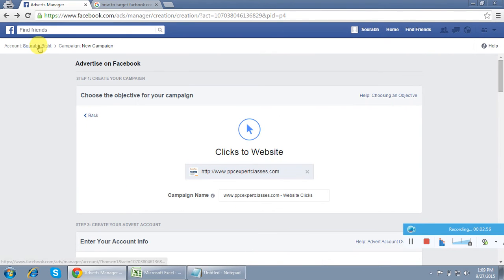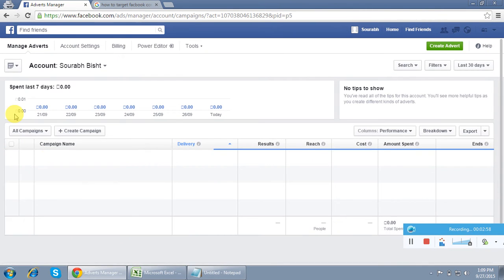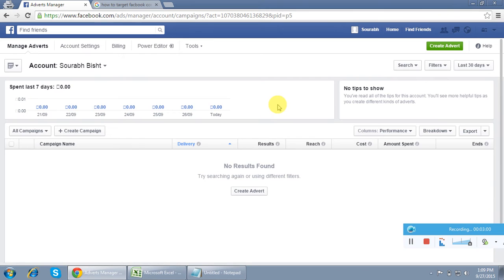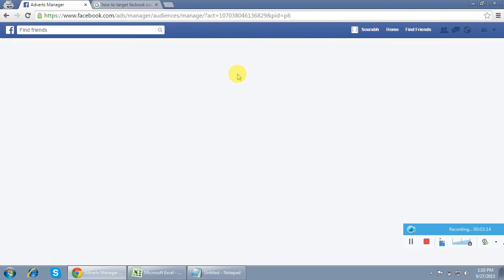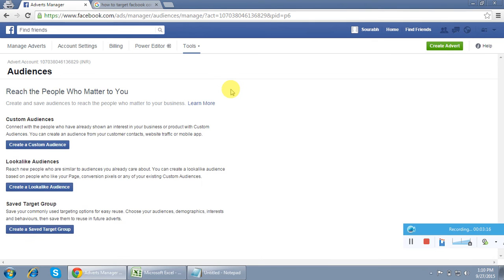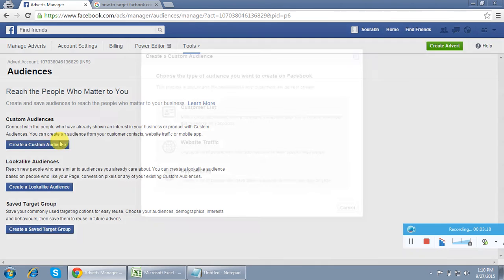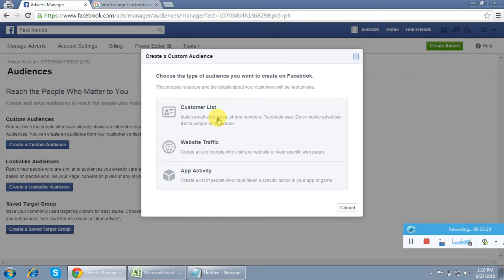And the second way, I'm not giving you a live project tutorial, not showing you on a live project, just giving you the idea of how to implement this by showing you the steps so that you can try it on your project. There is one more option in tools. As soon as you click on tools, you will go to this audience option. In the audience option, it will give you an option to create a custom audience. This is the customer list. We use this for remarketing.